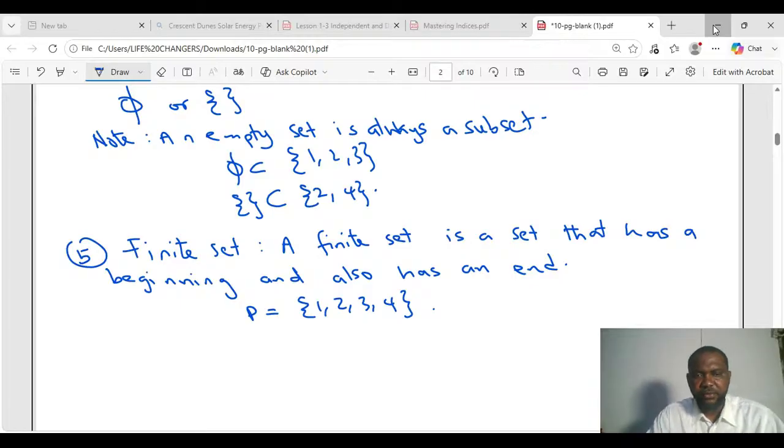Okay, very good. So we said that a finite set has a beginning and also has an ending. That means it starts somewhere and ends somewhere. But an infinite set,